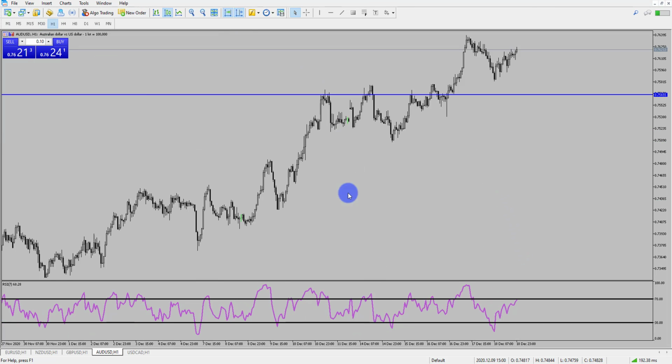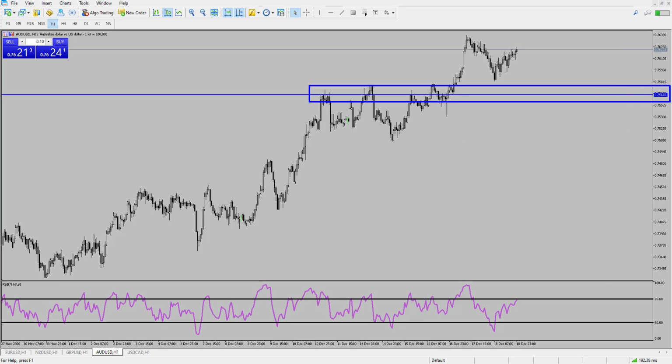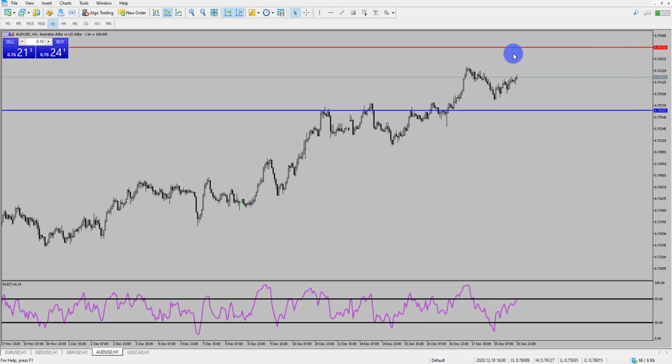And if I go to the hourly time frame, the support is going to be down at this 0.75655 area because we have, again, lots of interaction in and around this level with support and resistance. If price ends up back here, I'll be looking to go long towards that key resistance level, which sits at